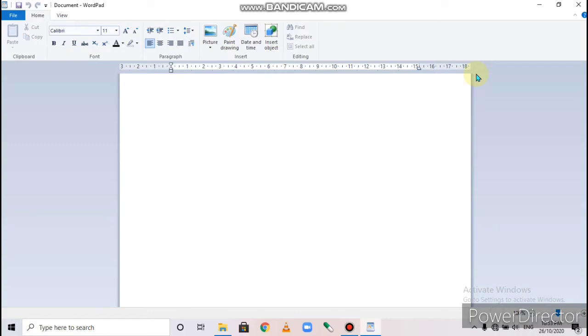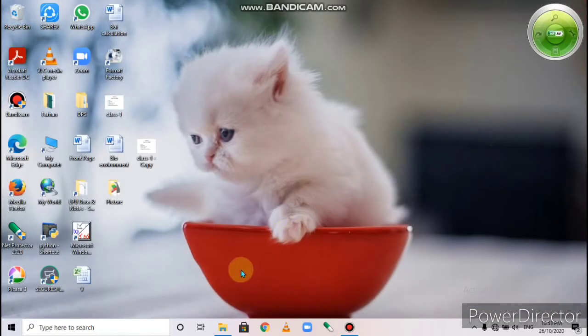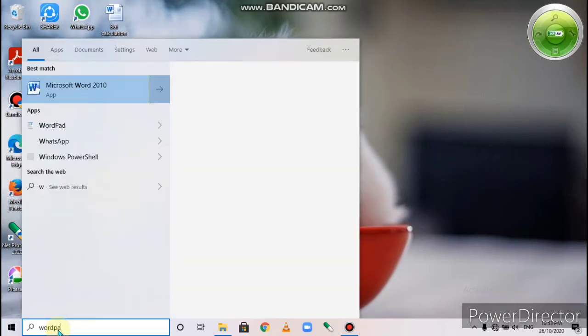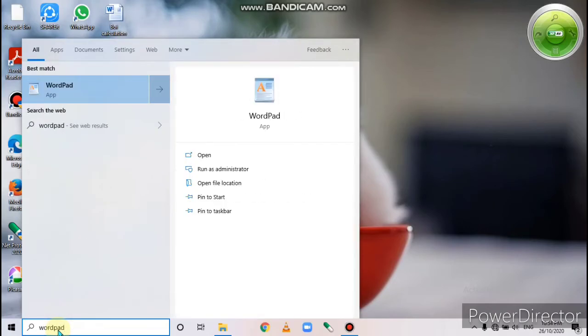I repeat once again how we open WordPad. The first step is type WordPad in the search box, and click WordPad app option, or you can simply press enter also.